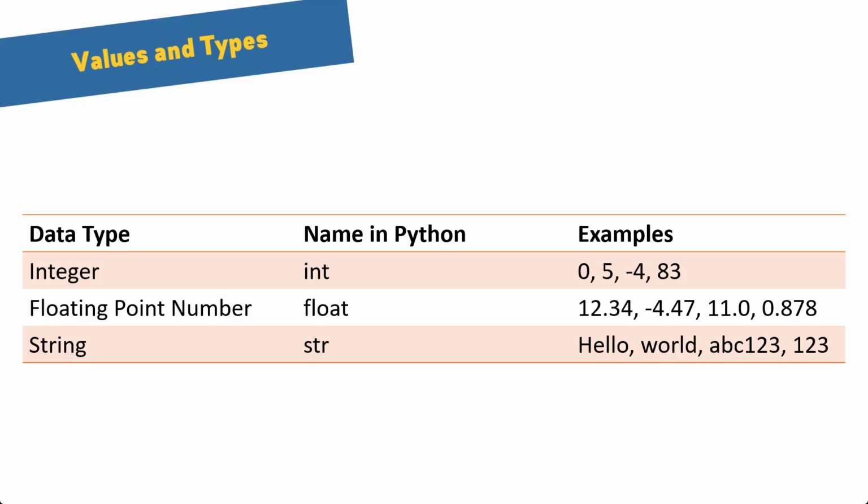Conversely, a number with a decimal point is referred to as a floating point number, or just a float in Python speak. And then there is the string data type, represented as str in Python, which encompasses sequences or strings